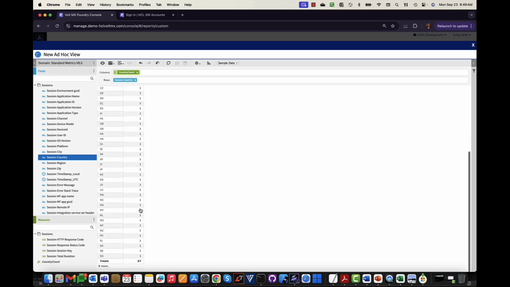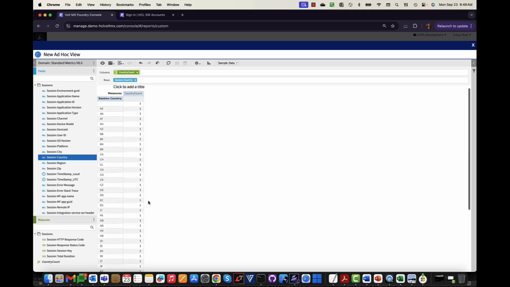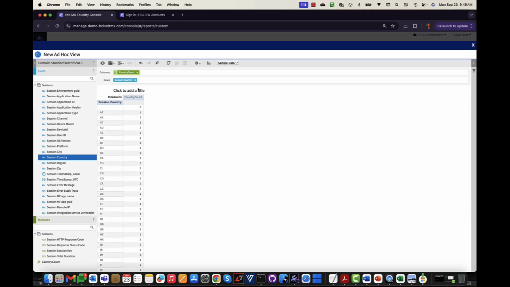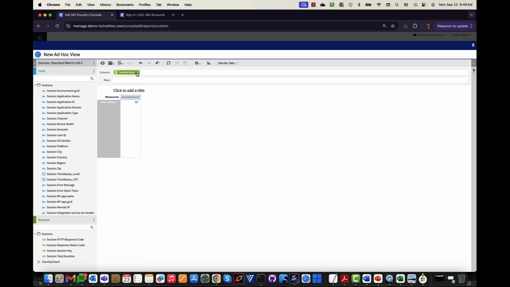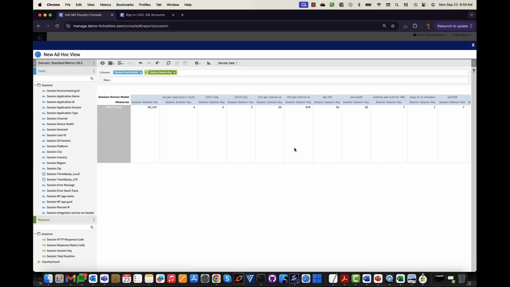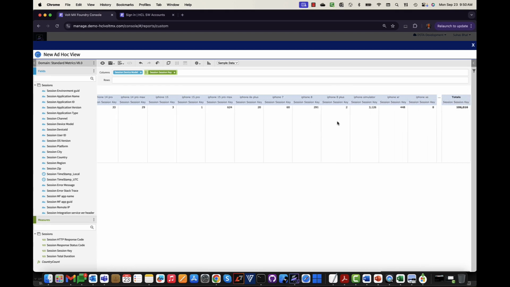So this is how you can build custom reports. But let us try to do something a bit more. So you see this data where it is showing all the device models and how many session calls were made for this. I can try to visualize this